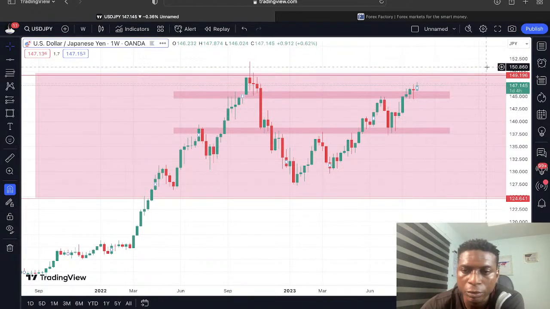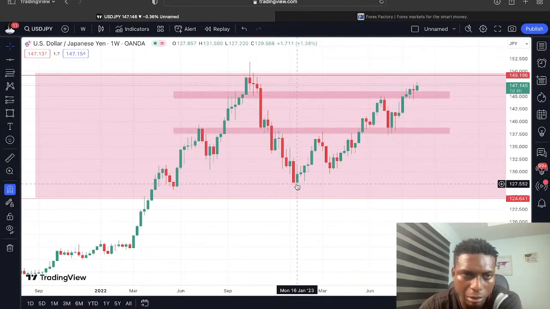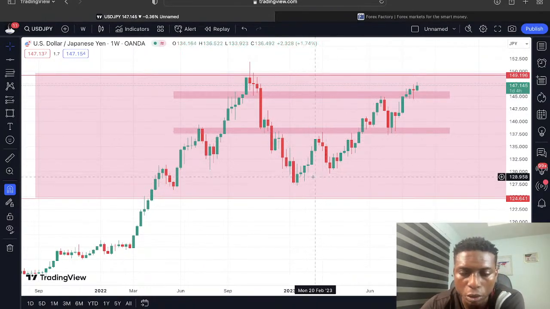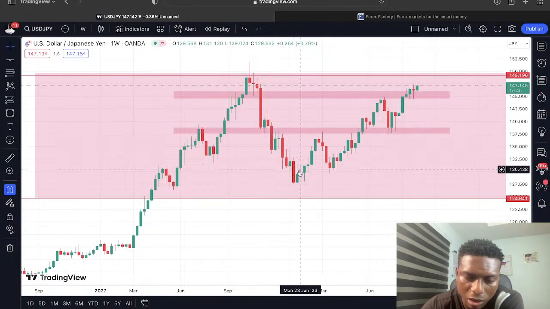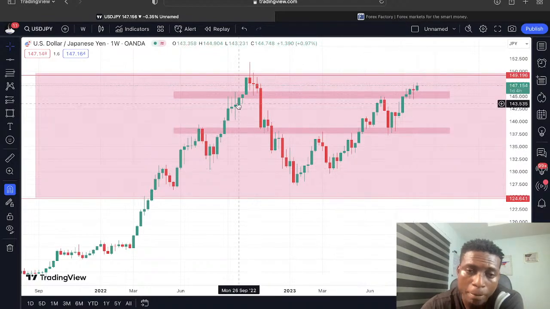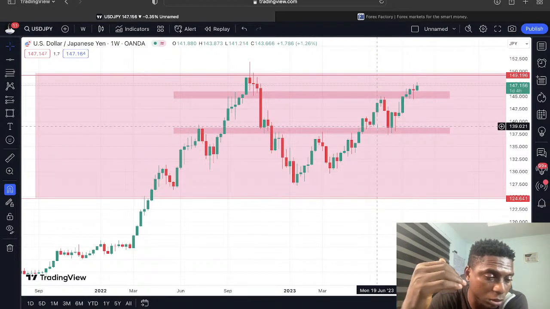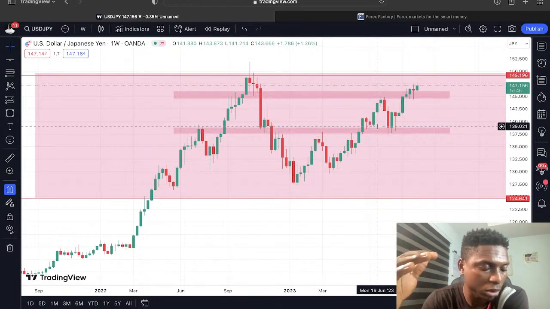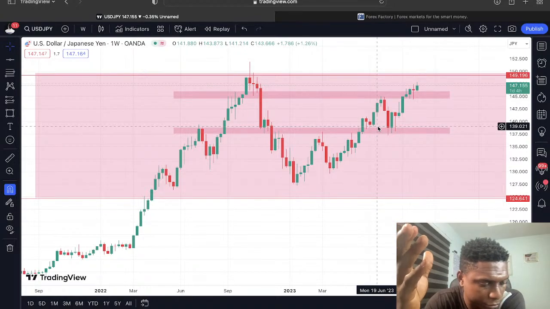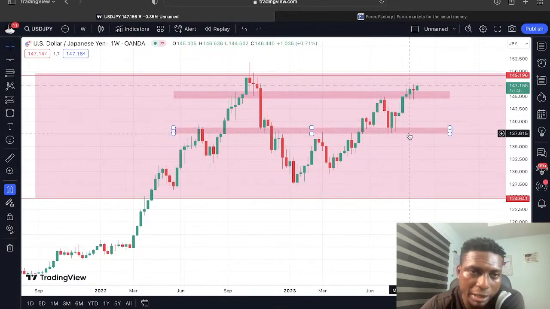Okay, so now we can see that these are levels that we are mapping out on the weekly time frame. On this level now, we can see the double bottom. That's a chart pattern that shows that the market would continue in the bullish direction. Okay, so we can see a minor support level here, which will be like a major support level on the